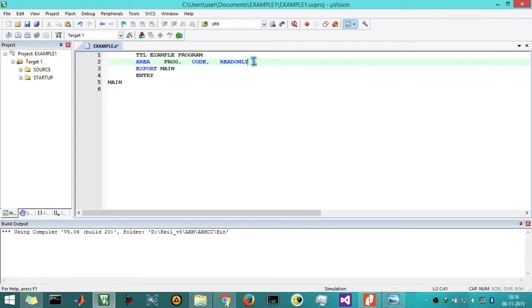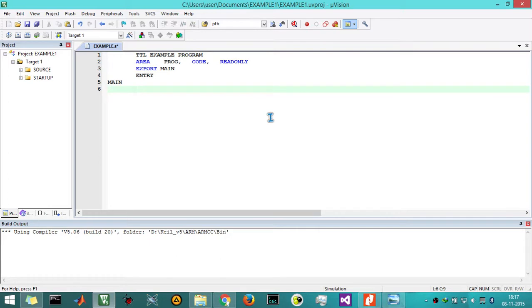If you are not giving any attribute to this code section, by default it will take read only. And we are exporting main, and ENTRY is the point where we are going to enter our main program. So our main program starts from line 5 in this case. Export main, I will explain this export main statement later.